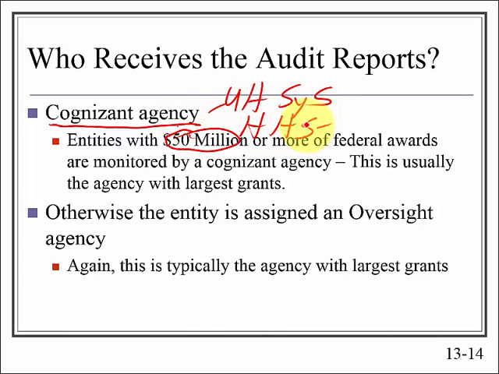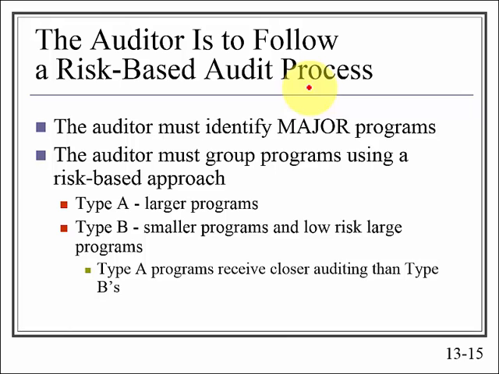Now you're not just going to audit these HHS grants, but basically sample all the different federal grants for all the different programs in the UH system. So to make sure you have that equal auditing of different agencies, different programs, we divide up our programs into large or small. In the case of the UH system, the breakdown is at 3 million. Less than 3 million would be small. More than 3 million of federal grants would be large.